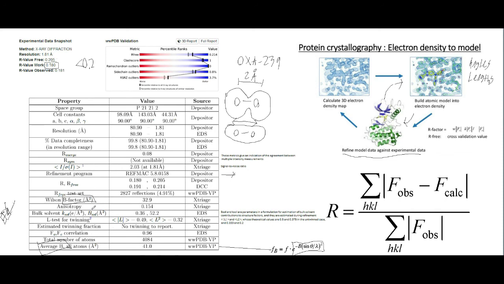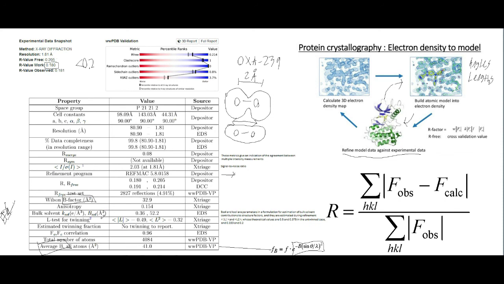We see that the L test for twinning estimated twinning, no twinning to report. So the theoretical values for untwinned are 0.5 and 0.375. You see mine is 0.49, 0.32, so that's pretty close. So it doesn't look like there was any twinning in